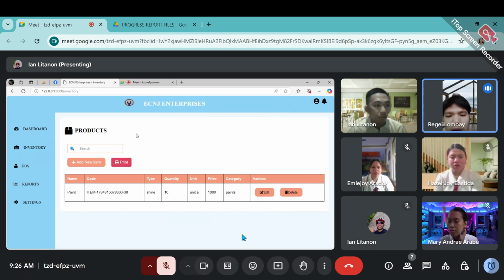So now, if the user wants to print out the products, the availability of the products, he or she can print the products.